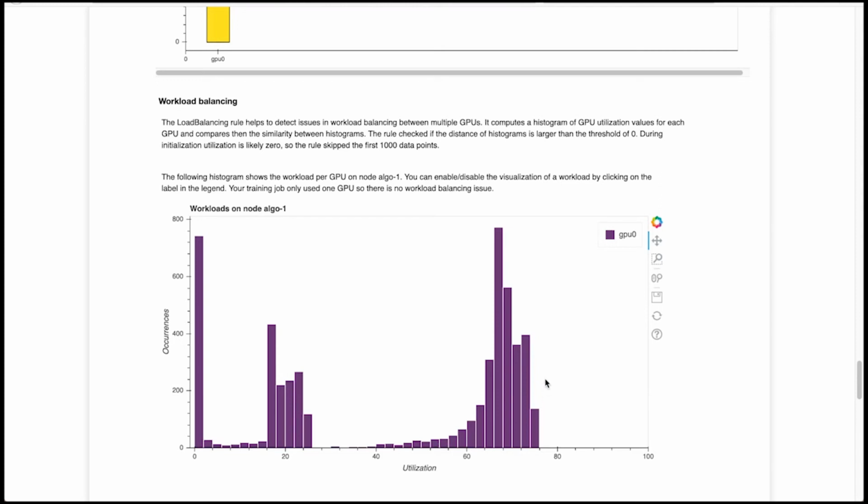This kind of visualization is especially useful if you have multi-GPU training, and you can then more easily identify how well the workload was balanced between multiple GPUs. What we basically see here is that the utilization never went beyond 75%.